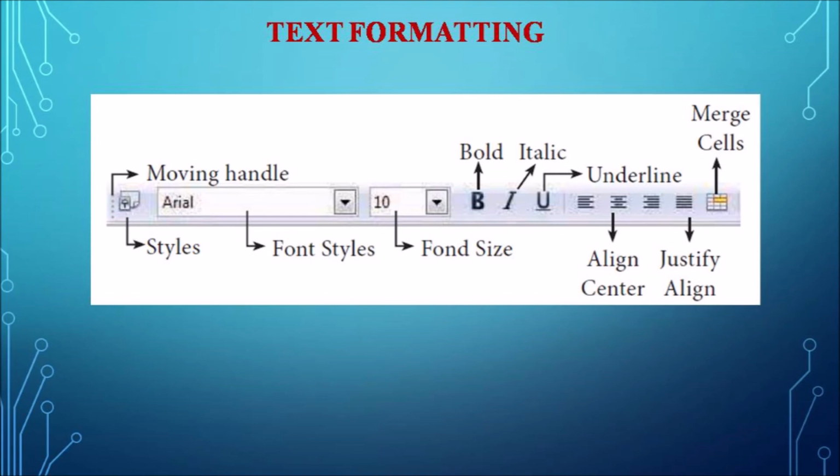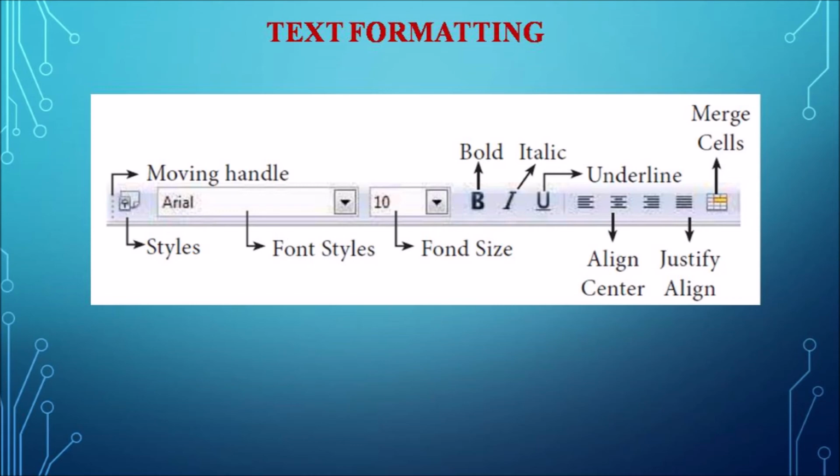The letter B is just very thick, and that option can be used for making the text bold, very thick in nature. And next one you see is italic, and for I, it is just slanting forward. So this is the model of how the text will be. When you click on bold, all the text will be bold in nature, and when you click on italic, all the text will be slanting forward.